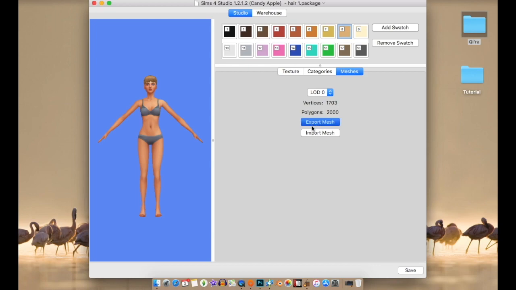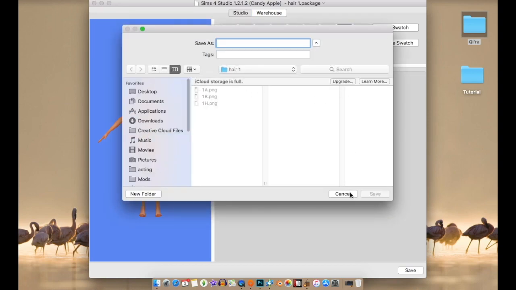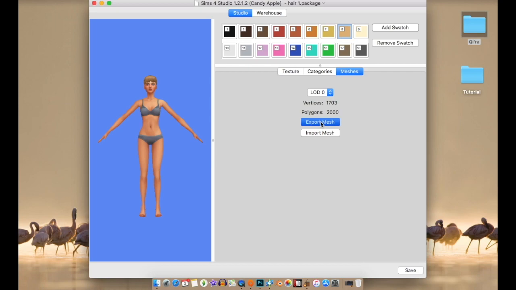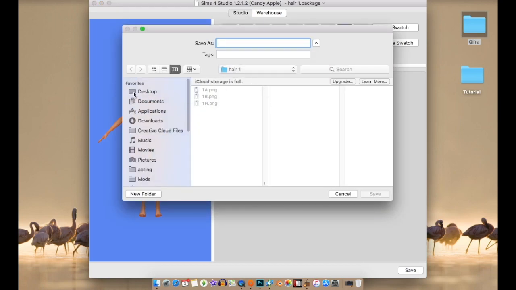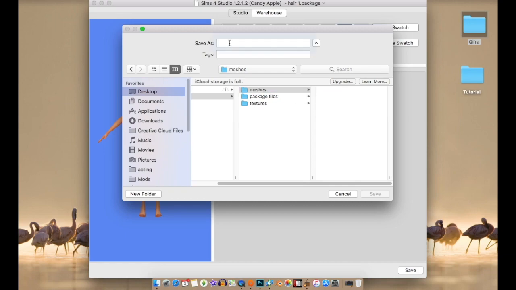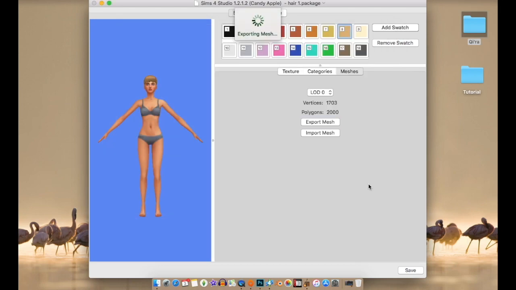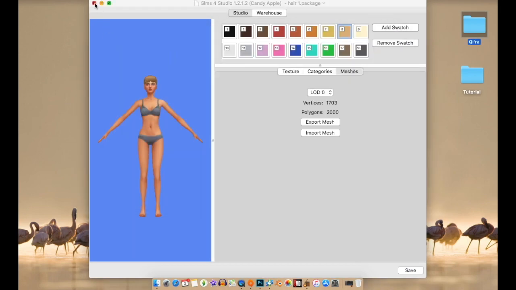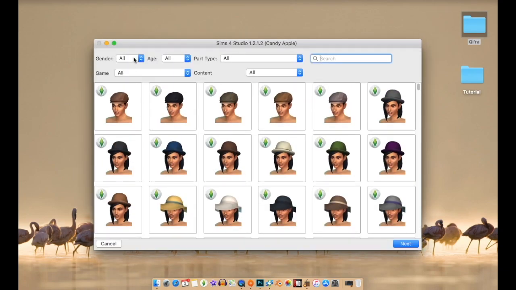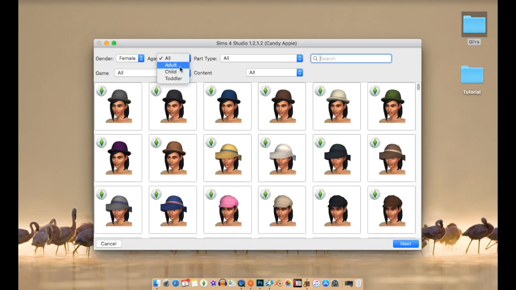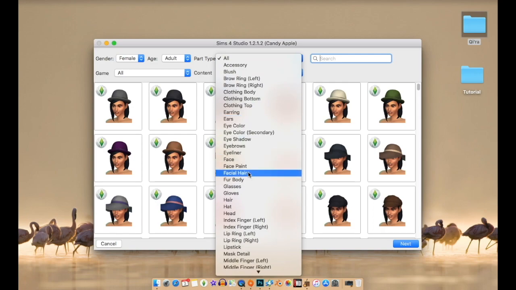And then we're going to go to export mesh. Make sure that this is level of detail 0, which is the best level of detail. And we're going to go to my meshes folder, and this is hair 1, and that's going to export the mesh. Lovely. Click out of that, go back into CAS, and then gender, female, adult, hair,